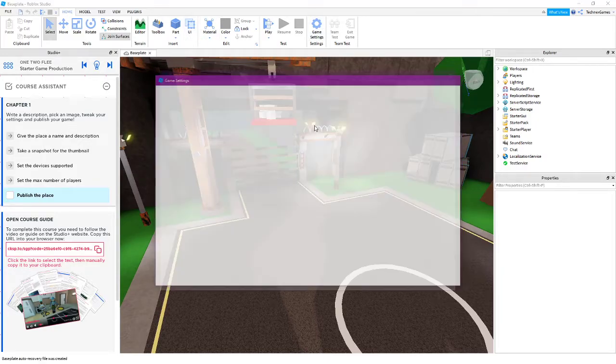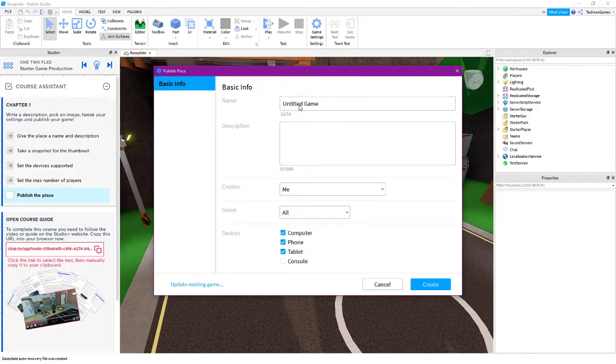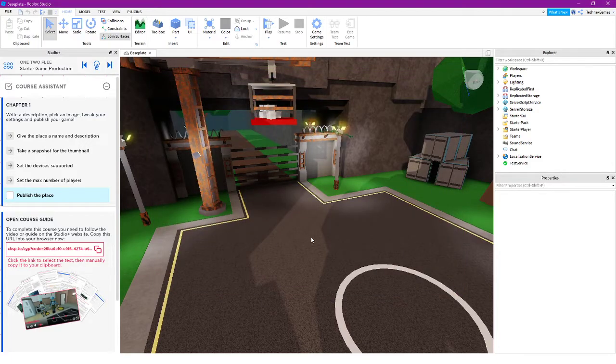publish the game, give the place a name and description, game description, set the devices, set the max number of players, etc. I'm not gonna do that. But that's basically it. It has a bunch of other tutorials,